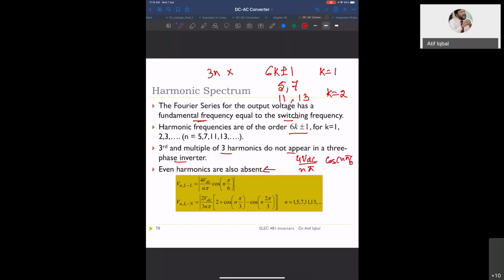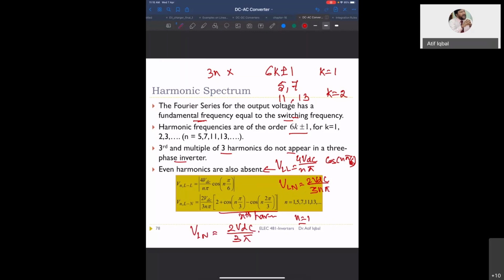This is line voltage, line to line, nth harmonic. Now if you put n is equal to 1, it will give you the fundamental. And line to neutral is given as 2 VDC by 3 n pi, with this. Okay, this is the nth harmonic. If you put n is equal to 1, it will give you the fundamental. So what will be the fundamental line to neutral? 2 VDC by 3 pi